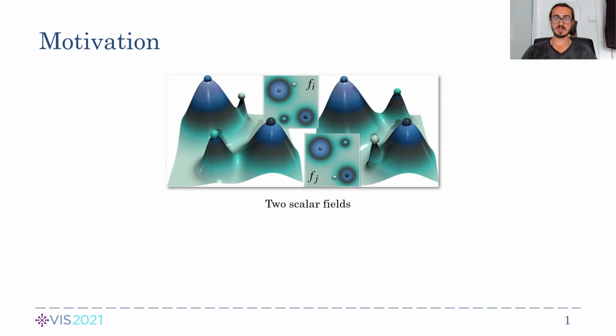The third dimension represents the scalar value here. This data represents four mountains that are very similar. The only difference is that we have swapped the two small mountains here and there.